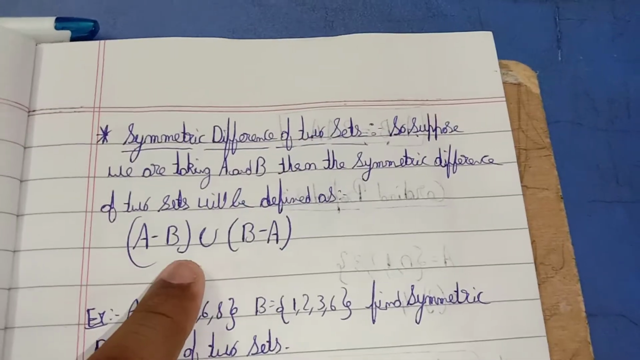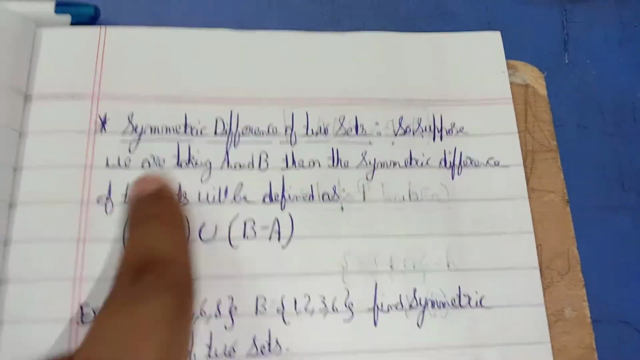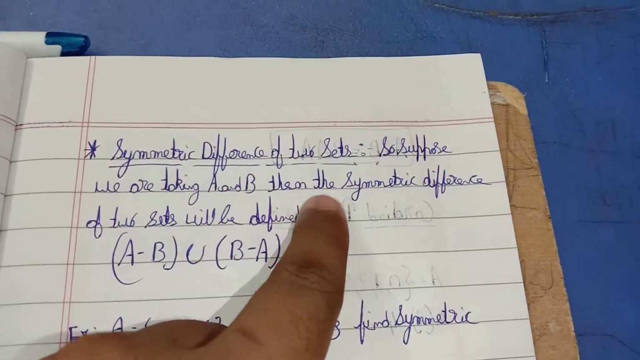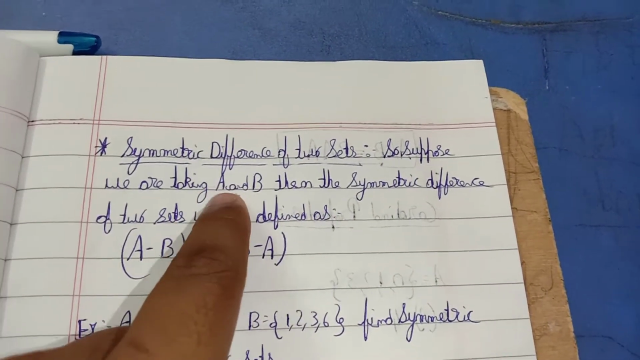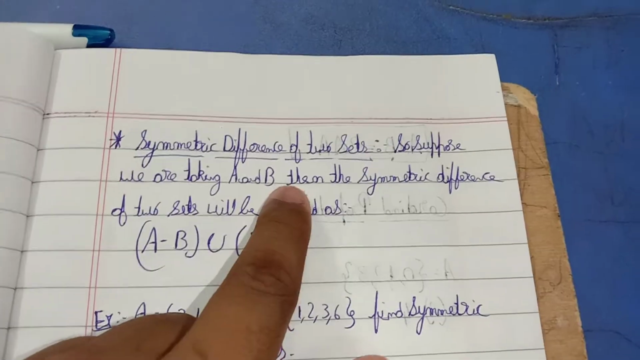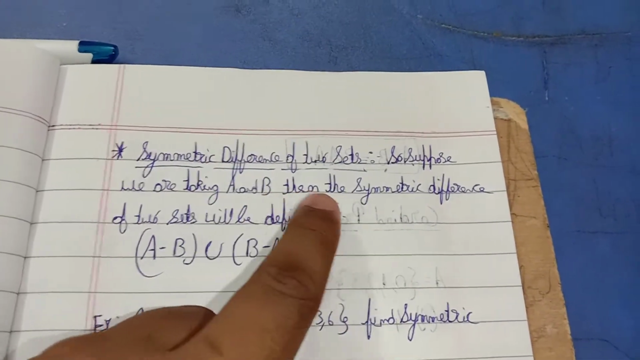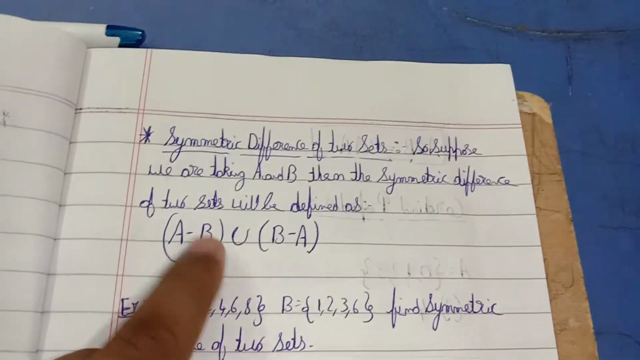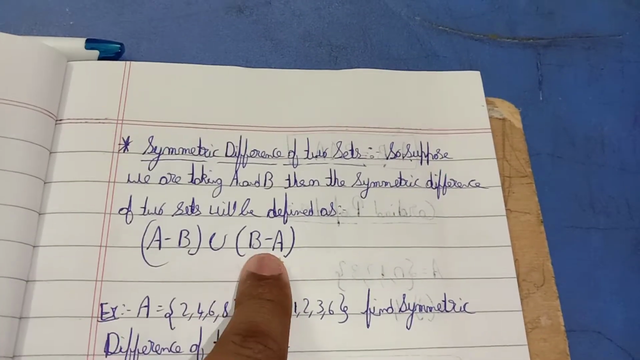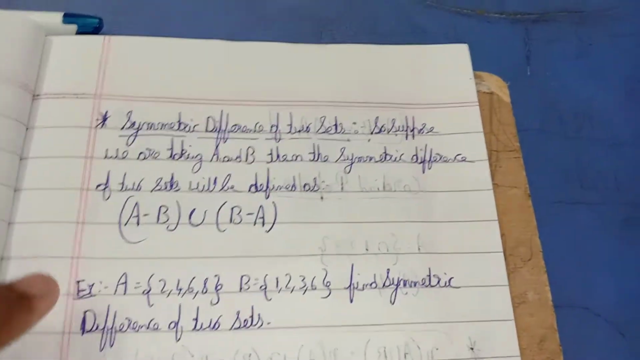Once again I will tell the definition. Suppose we are taking A set and B set, two sets. The symmetric difference of two sets, the formula is A minus B union B minus A. This is the formula. For example,